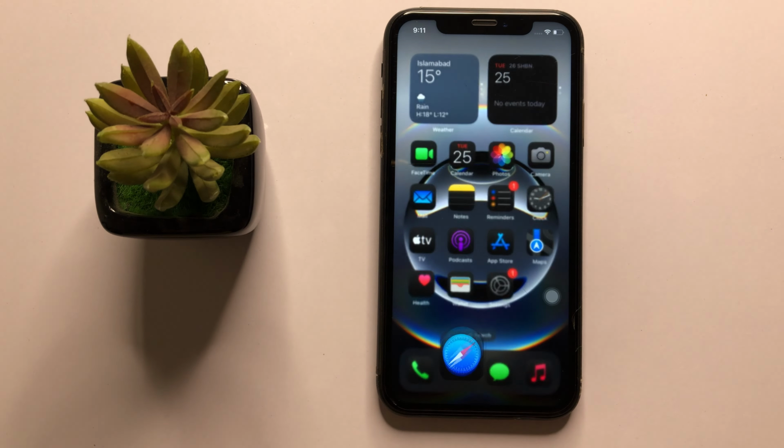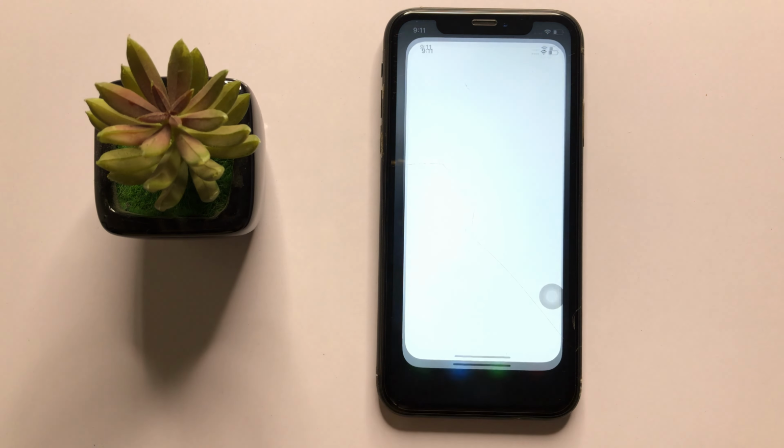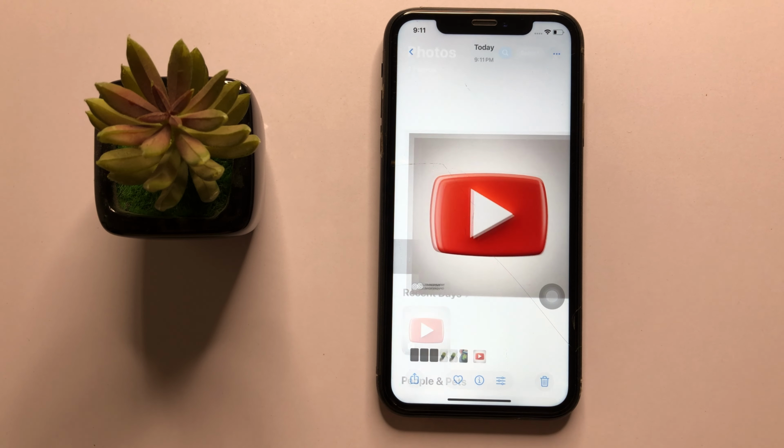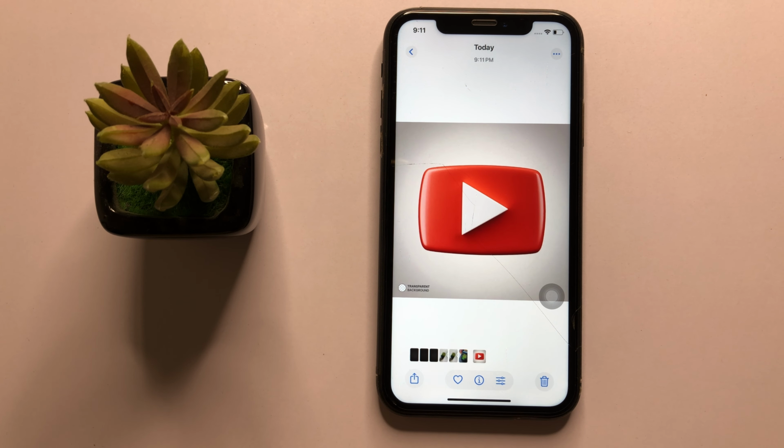Now go back to your home screen and open Photos, and here you can see it will save. So this is the way to save image from Safari to the photo gallery in iPhone